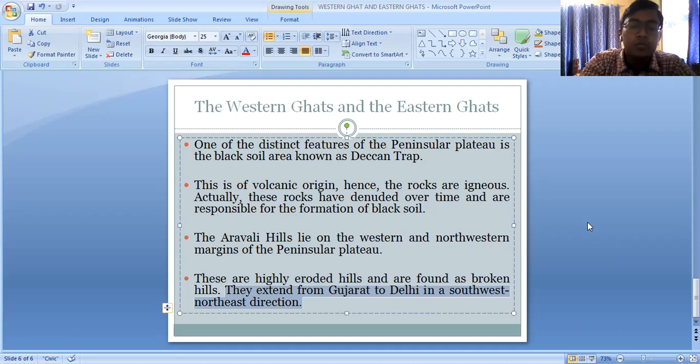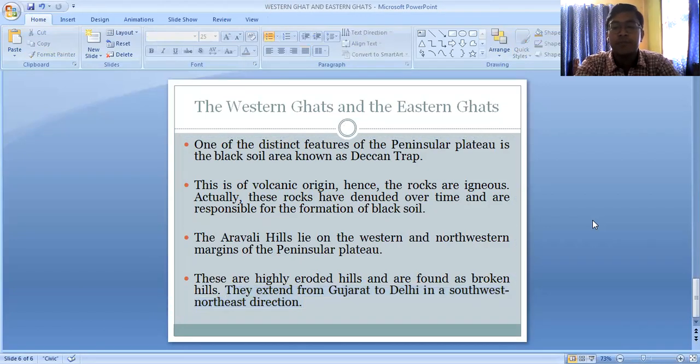Okay, so this is what the peninsular plateau is about in detail. Like yesterday we already discussed the peninsular plateau and its divisions, and today we just completed the peninsular plateau, and we have explained about the Western Ghat and the Eastern Ghat, which mark the boundary of the peninsular plateau, especially the Deccan Plateau, in the west and the east actually. So the main important thing here is the differences between the Western and the Eastern Ghat, which I have already explained to you now. Okay.